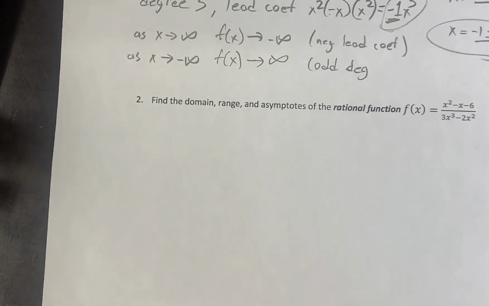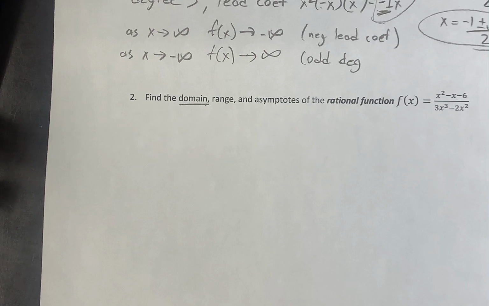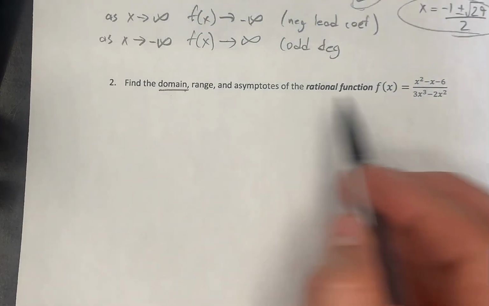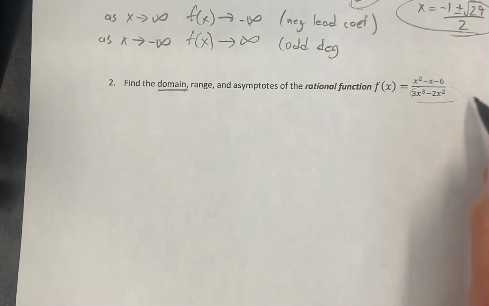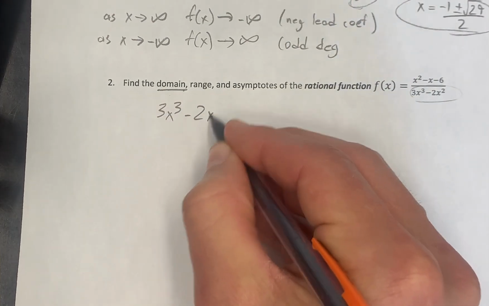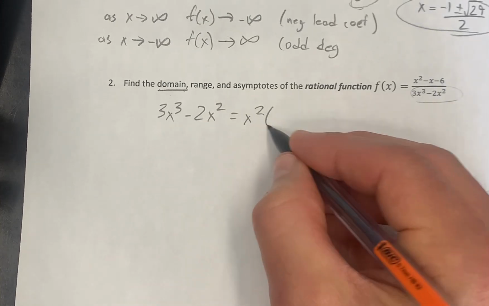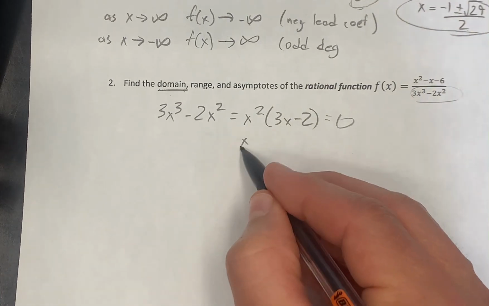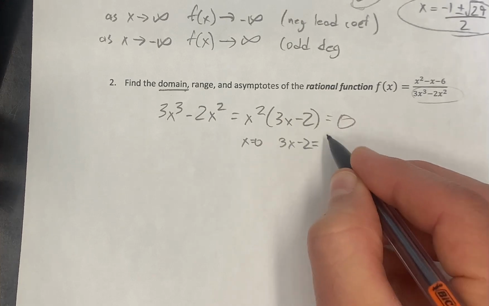Okay, what about rational functions? The domain is every place that this function divides by 0. So where would that be? That would be 3x to the 3rd minus 2x squared, which factors as x squared times 3x minus 2. So where is that going to equal 0? It's going to equal 0 where x equals 0